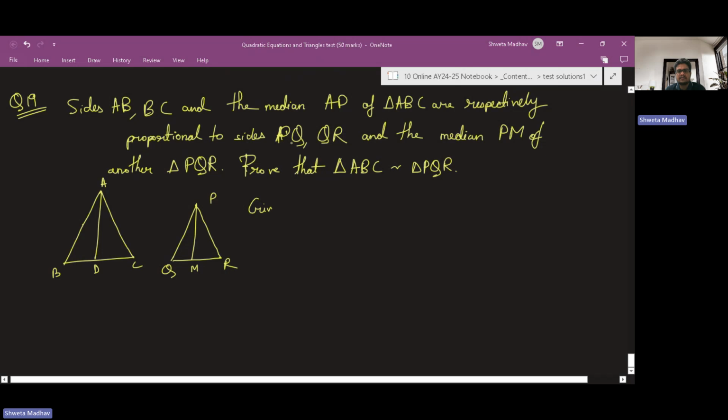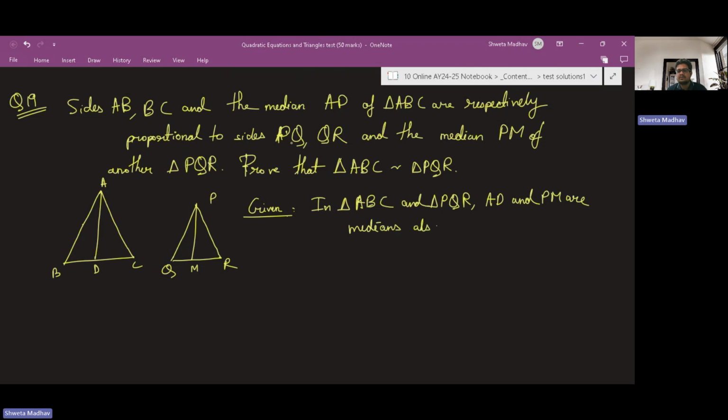So here it is given that in triangle ABC and triangle PQR, AD and PM are the medians, and also